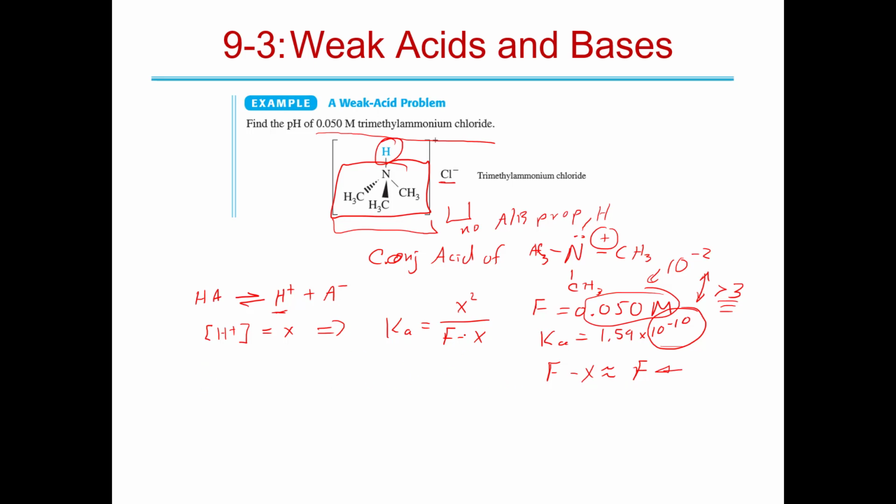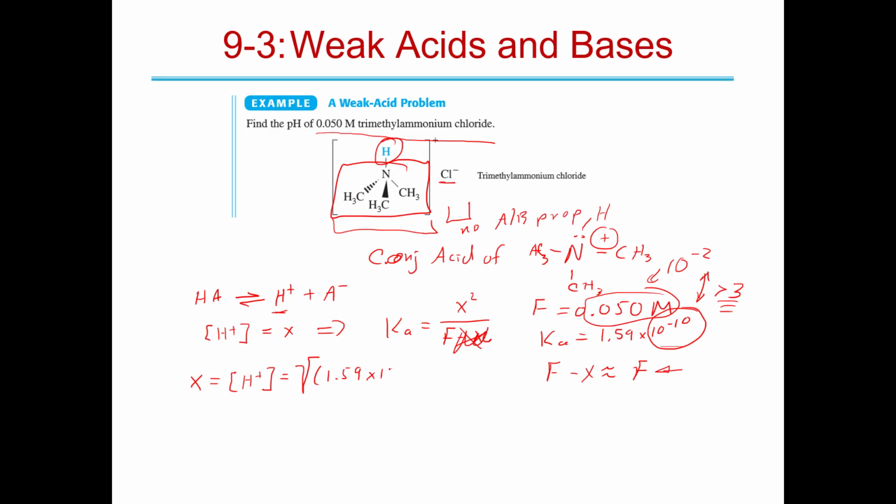So we solve for x. We're going to ignore x here. There's our small x approximation, so we ignore that. Multiply both sides by F. Take the square root of both sides. We get x, which, reminder, is our H+ ion concentration, is equal to the square root of